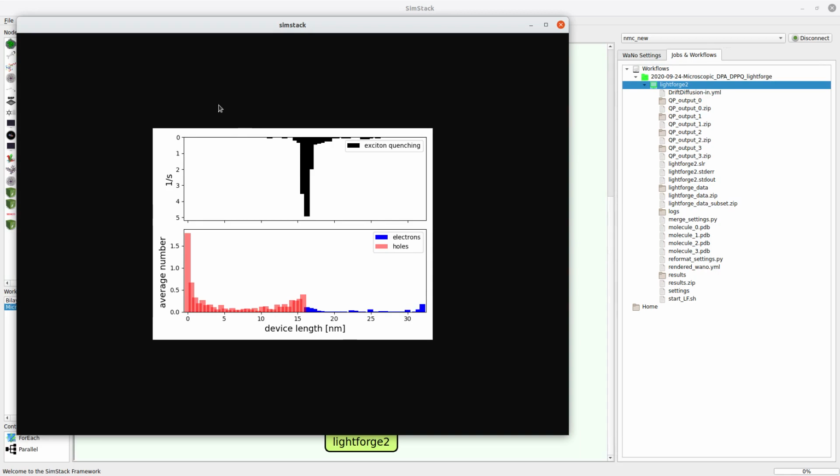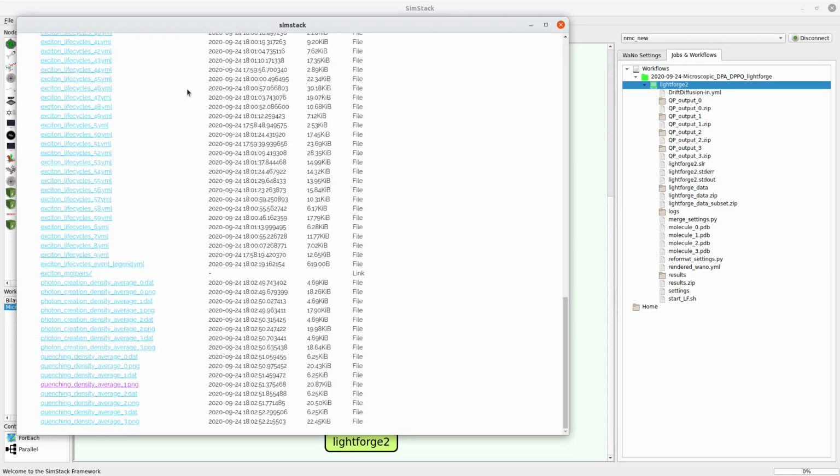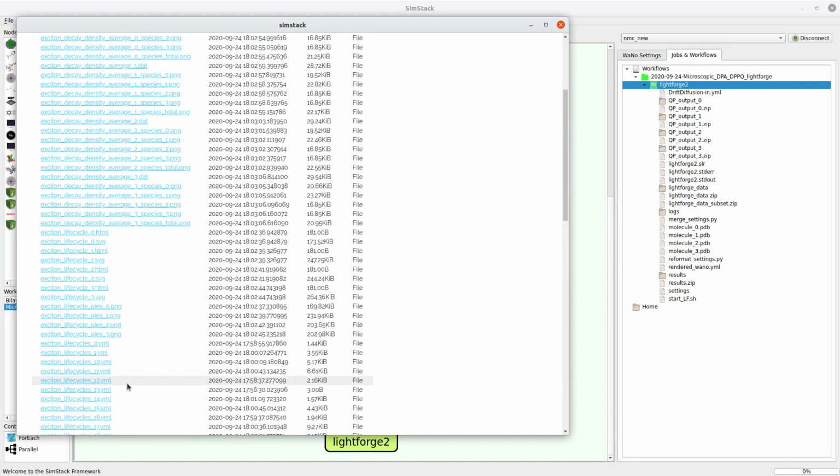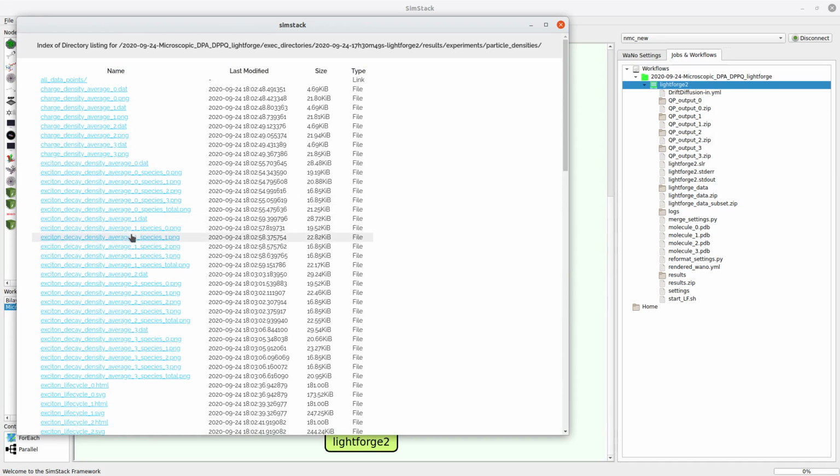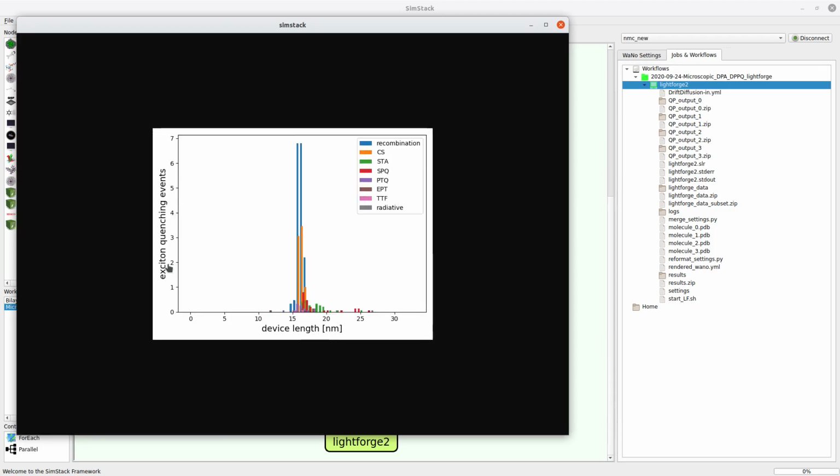To analyze this further, we go back. We remember that we were looking at field number 1, so we locate the file exciton decay density average 1 total.png. Here we get a spatially resolved overview of different excitonic processes. In blue we see most of the recombination happened at the interface. In yellow we see also there's a